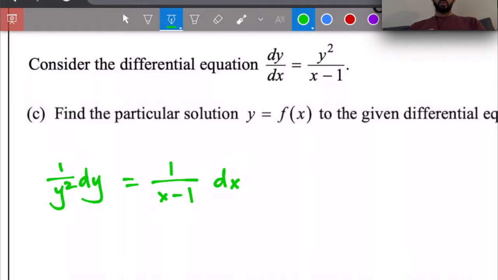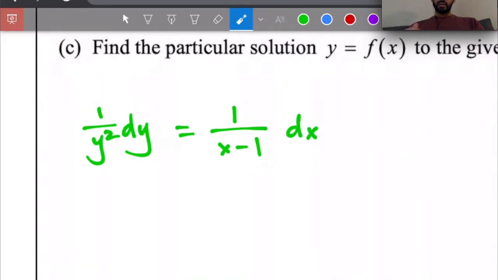And I can just put a 1 back up in the numerator right here. So that's my first step, is to separate the variables. The next thing I want to do is integrate both sides once I've separated the variables. So when I separate my variables and rewrite it like this fraction, what I can do actually is